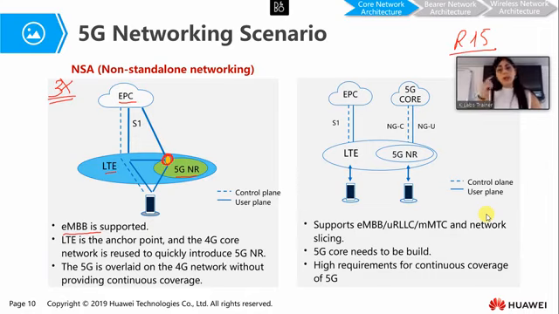I remind you, when a release is frozen, that means that no more modification will be made to the release, so we can start the commercial deployment of the network. Ultra-reliable low-latency communication services are defined in release 16, which is not frozen yet. So at this moment, we cannot commercially provide ultra-reliable low-latency communication services because the release which defines these services is not frozen yet. And moreover, to provide these services, we need the 5G core network.